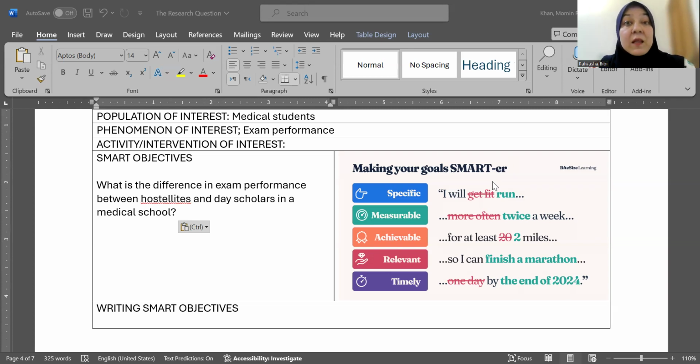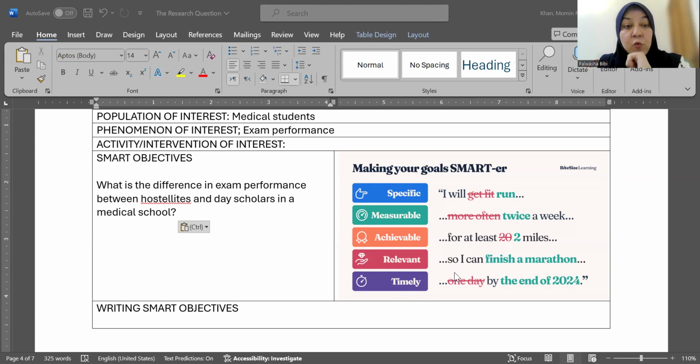And now there is another acronym, but I am not going to teach that. The newest and the latest method of writing objectives is in my YouTube lectures, and if you have listened to them carefully, you will know that. But for the purposes of this internship, because this is very basic, I'm going to just stick with SMART objectives.